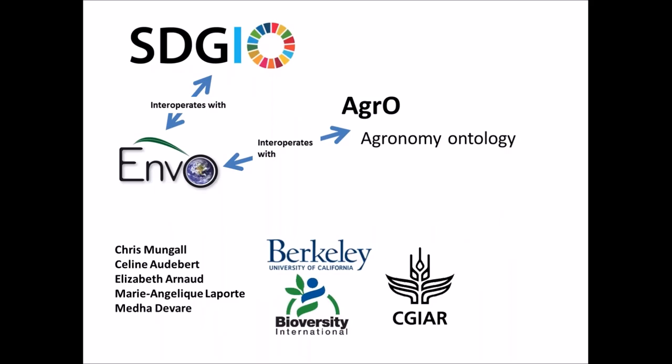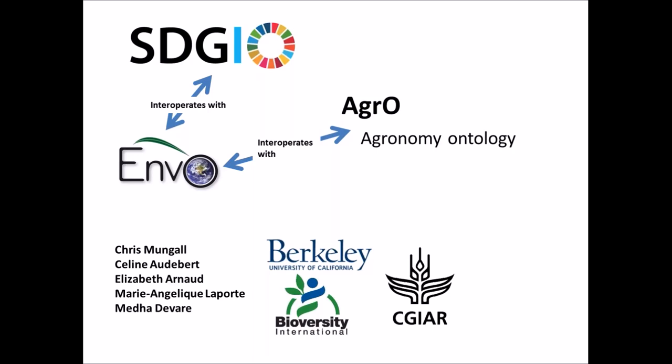So as an example, we've seen that SDG.io is being built for the SDG process, and it's pulling knowledge from other ontologies like ENVO. The sake of that is to reuse it, to not reinvent the wheel, but to reuse semantics, reuse technology that's already out there, and also influence its shape such that it's satisfactory for the SDG process.